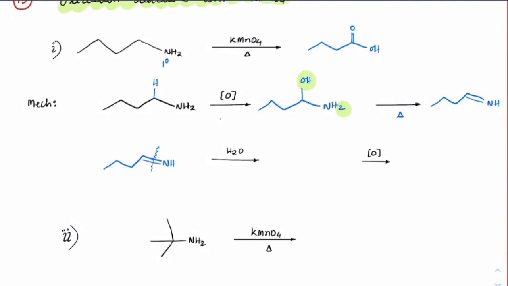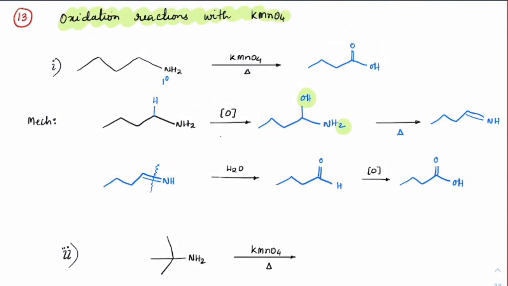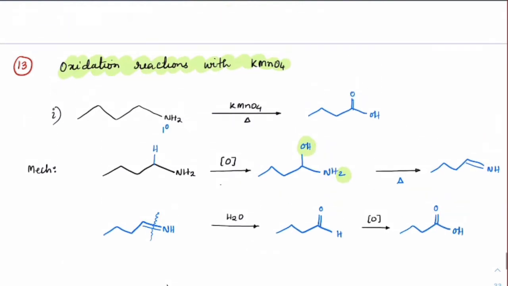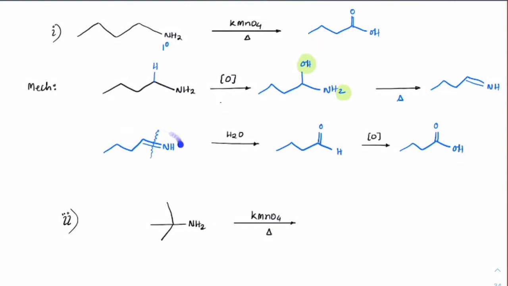Imines, on hydrolysis will break. We have discussed this before. Imines on hydrolysis, any C=N for that matter, on hydrolysis will break, and we will get an aldehyde form here, right? And aldehydes will undergo further oxidation in the presence of KMnO4 and finally become acid. I hope this point is clear. So primary amines would react in this fashion. So imagine always the formation of an imine, and from there the rest of the story is the same.